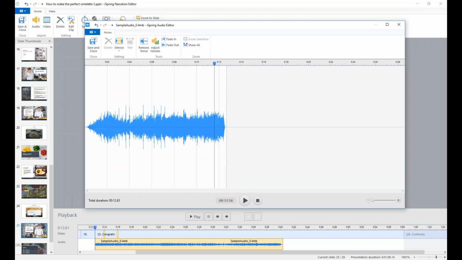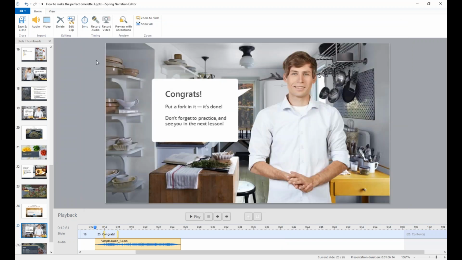So I'm going to select this area, for example, and click on fade out. Great. So to save all this customization, I will click on Save and Close and will return back to iSpring Narration Editor. I'm clicking on it, and here it is, and I can also drag this sample wherever I want,